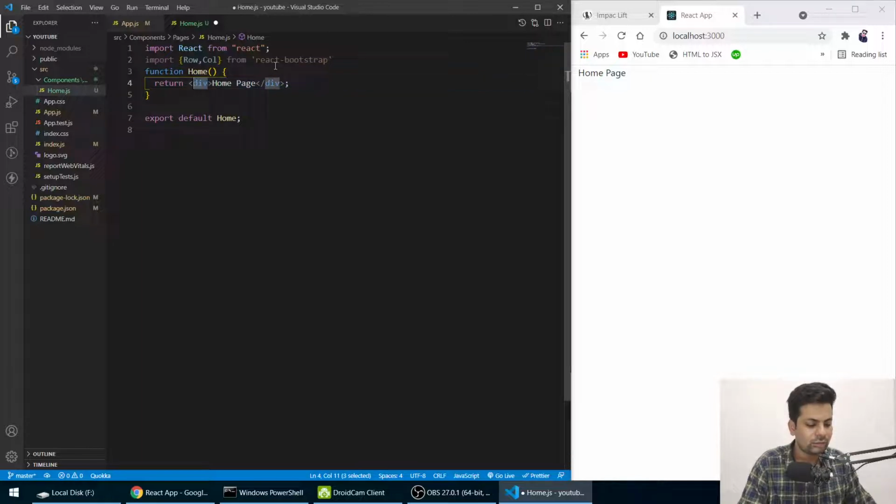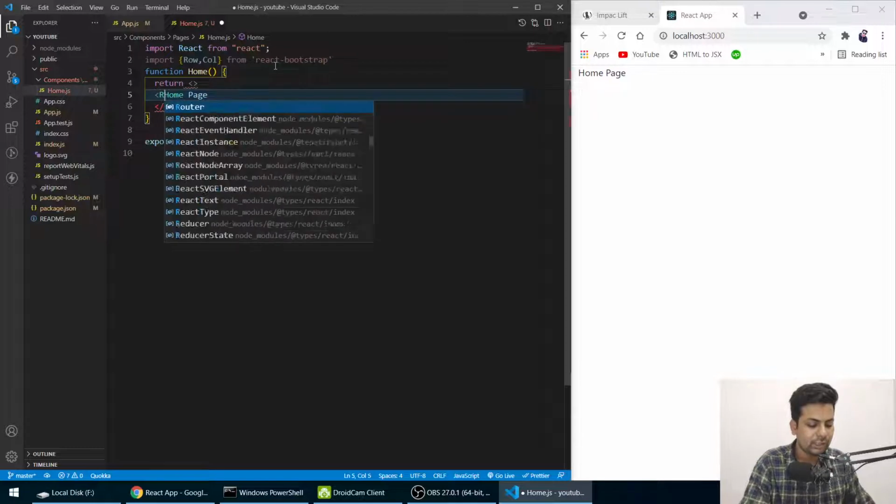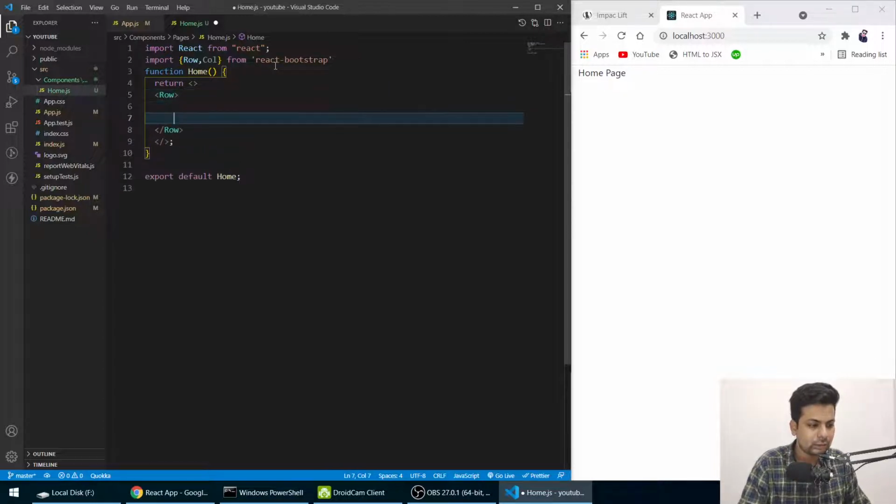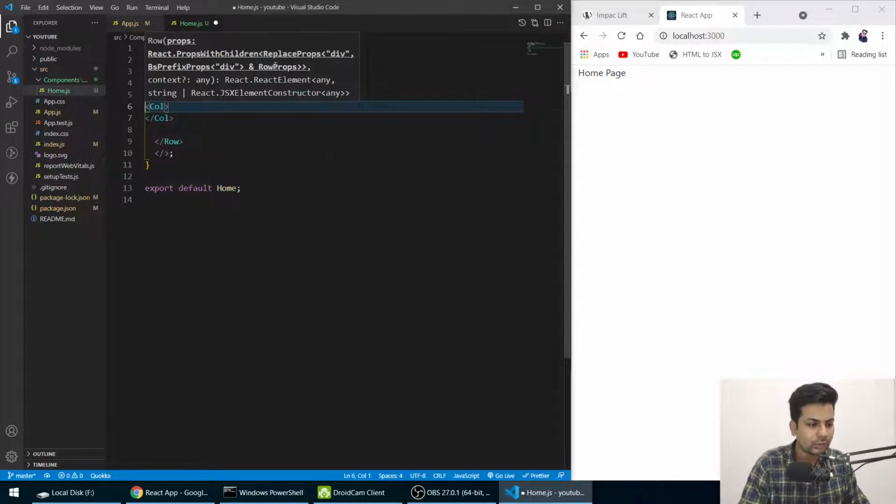Let me make this a component fragment. Yeah, remove the div. Now we'll make a row, and inside the row we'll make a column. So in the column, firstly I need the image.